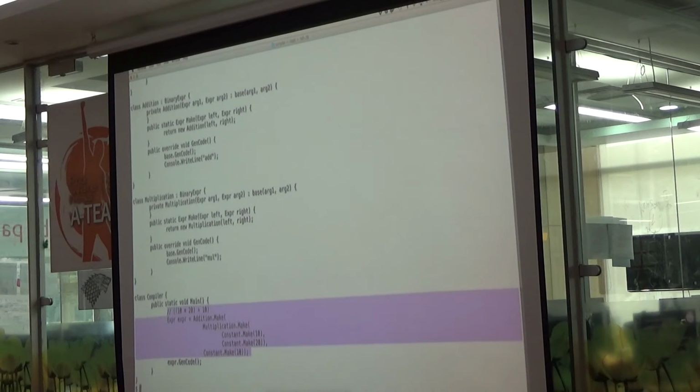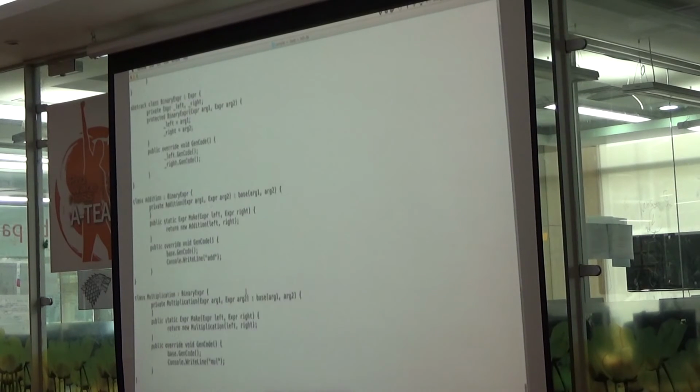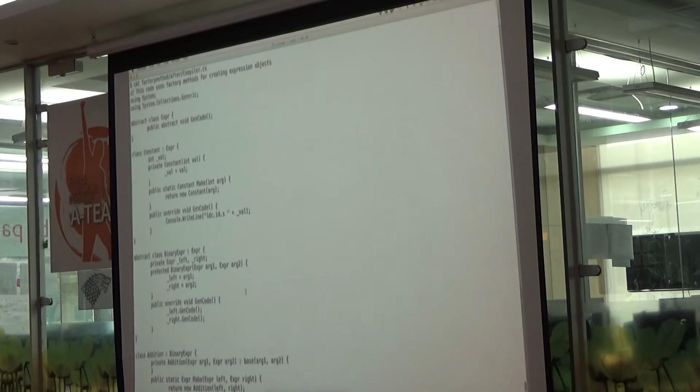I'm just looking at the usage example. Addition dot make. Did anything improve? A smell is a smell is a smell. Can we call it different names? You cannot fix one smell with another smell and call it a fix or refactoring, right?